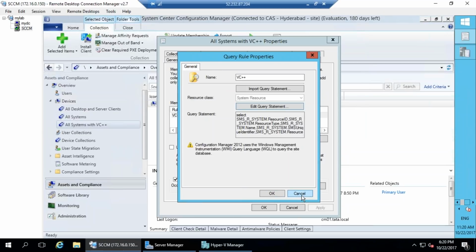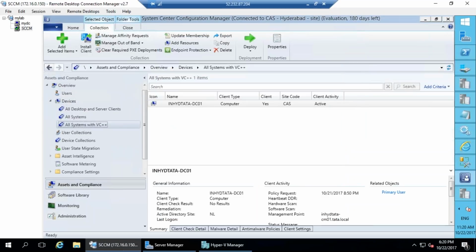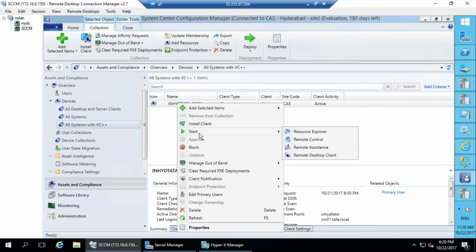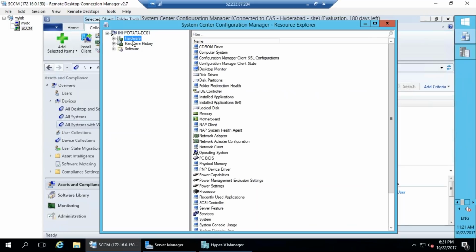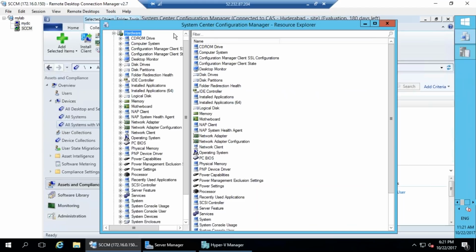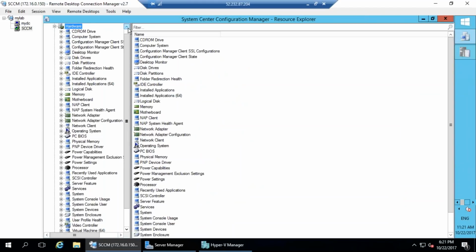what you should know is something called right click, start resource explorer. You first do this on a test machine. If somebody asks you to create a collection, take a test machine whose criteria matches. Take one machine, do a resource explorer, go to the hardware,